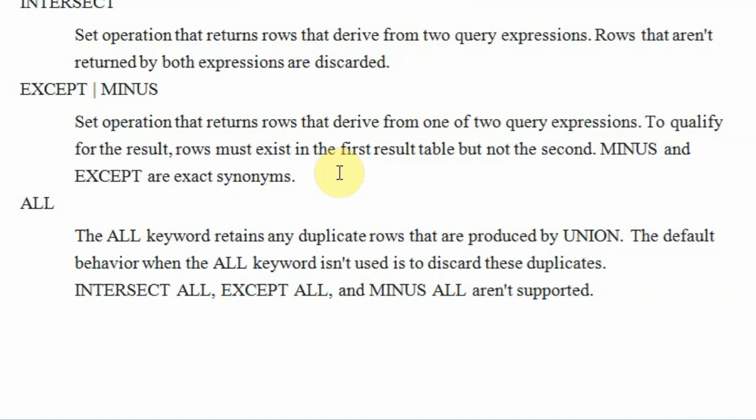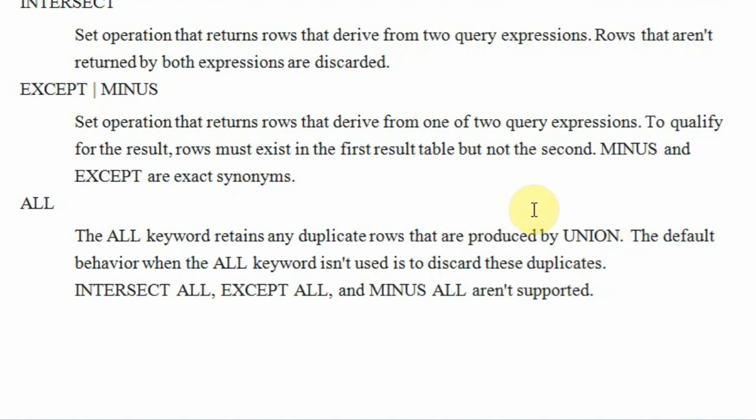And the next keyword is the ALL keyword. ALL is used with union only. Now what is this ALL? When you apply union, intersect and minus, the duplicates will be removed. The final result set will have no duplicates in it. Now if you want to keep the duplicate rows, then you can say union all.